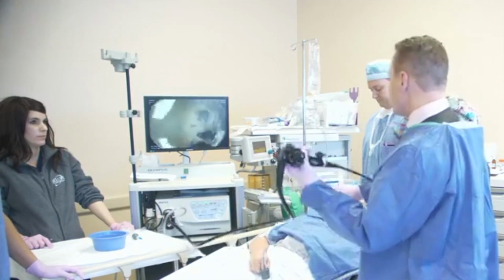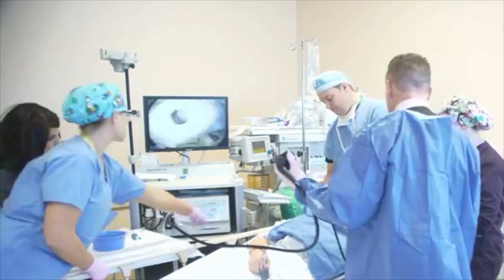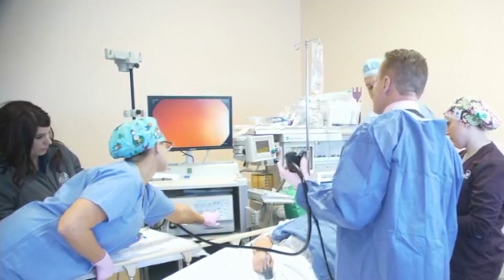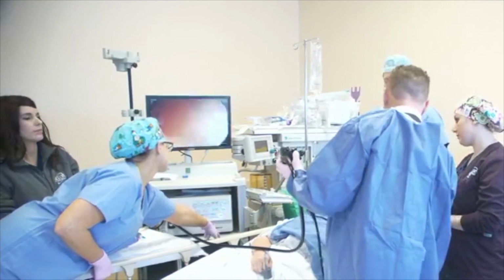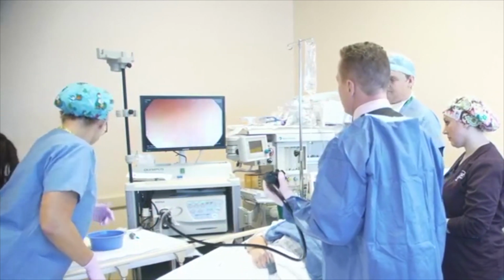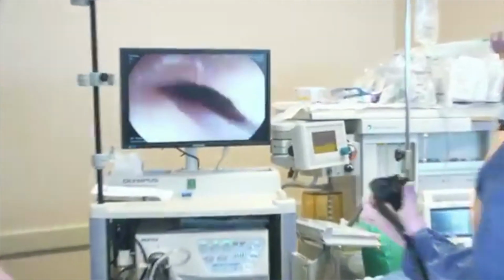Okay, we have our bite block in place. We're going to turn our light on our scope and we're going to begin the procedure. Can you turn the pump up, please? Pump on. All right. And suction. So you look into the back of her throat. And as we're going down the esophagus, which is the food tube that goes from the mouth down into the stomach,